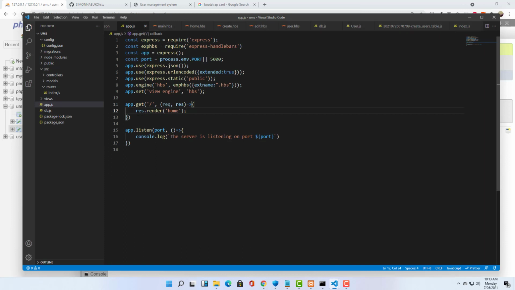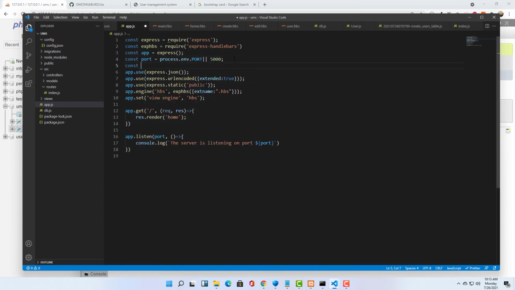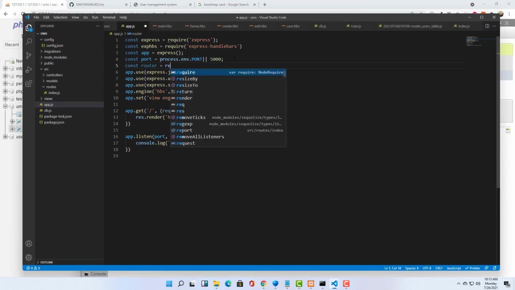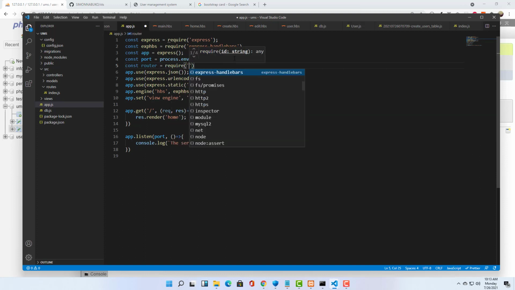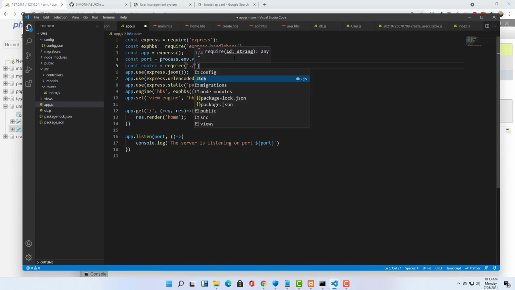Here, instead of doing this, we are going to transfer this to our router file, but then you have to import it here. So const router is equal to require, and it is inside the source, and then routes, then index. And then we'll just do app.use,